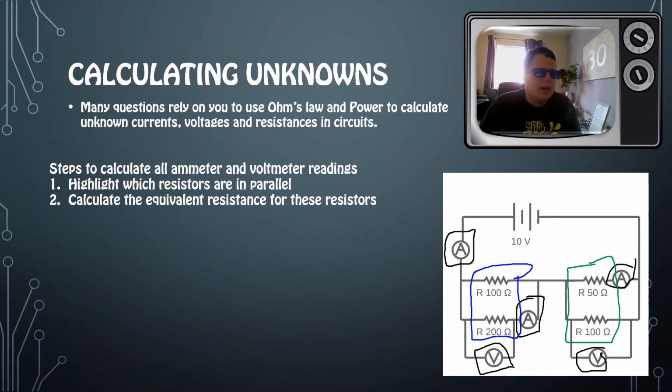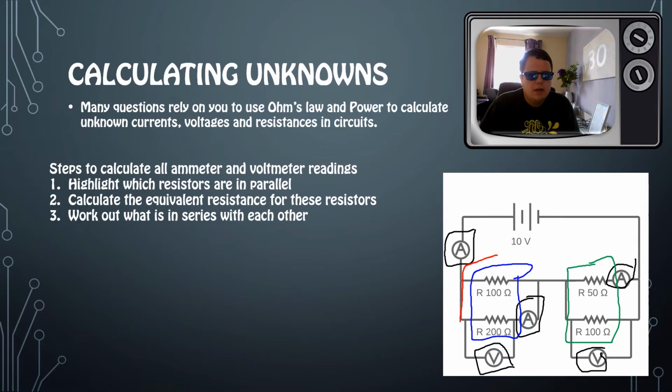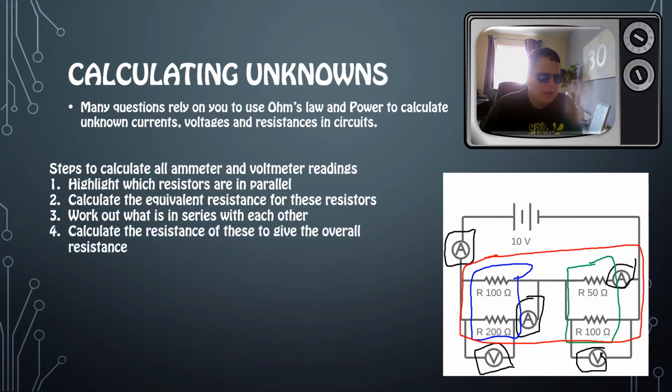Okay, so we then want to calculate the equivalent resistance of these resistors. I'll go through this in a bit more detail on the next slide, as there's a bit more space there. Then we work out what's in series with each other. So once we've worked out these and we've worked out these, what we should notice is that we've then got 2 in series with each other. We then know what the total resistance for this circuit is,